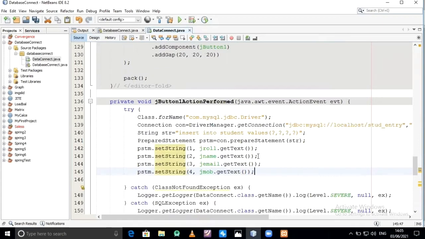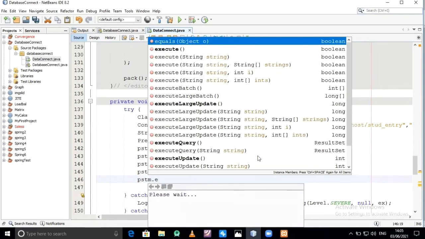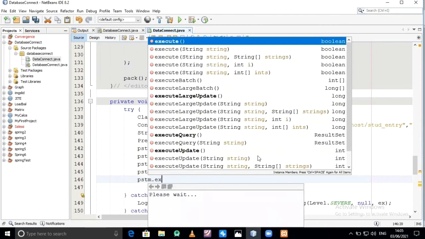So with this we have taken the information from the form. Now we have to execute our statement. PSTM.executeUpdate.